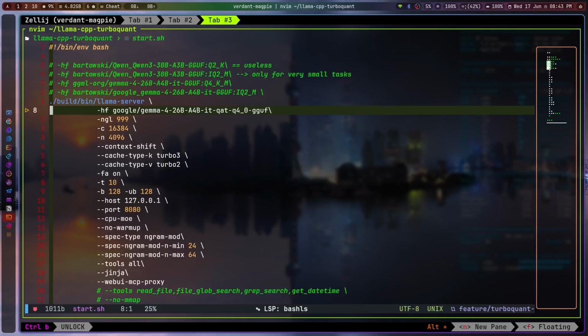Why? Because it was released somewhere around June 5, and according to their paper, they are claiming that it will perform almost the same as a full precision model like a BF16 model or a 32-bit model. But because they have used some method or algorithm to fine tune it according to its quantization, it is a 4-bit quantized